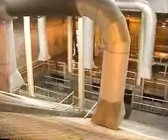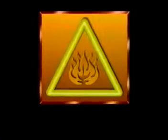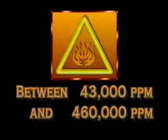Second, hydrogen sulfide is heavier than air. That means it will collect in low-lying areas like cellars, pits, and vaults. Third, hydrogen sulfide is an extremely flammable gas. If there is the right amount of H2S, between 43,000 and 460,000 parts per million, and the temperature is right,